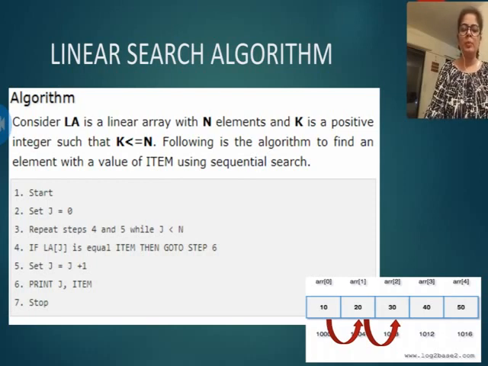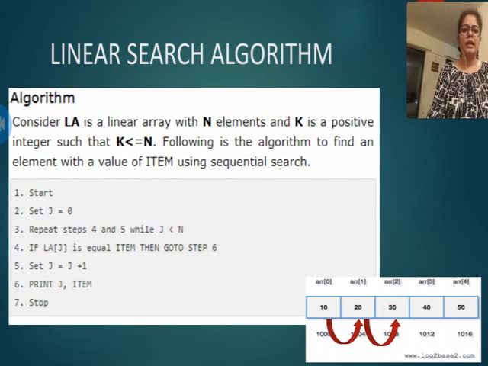Now apply the loop and the condition. Repeat steps 4 and 5 while j is less than n, which is 5. So the fourth step is if LA of the jth element, here when the pointer is at index 0, the jth element is 10.